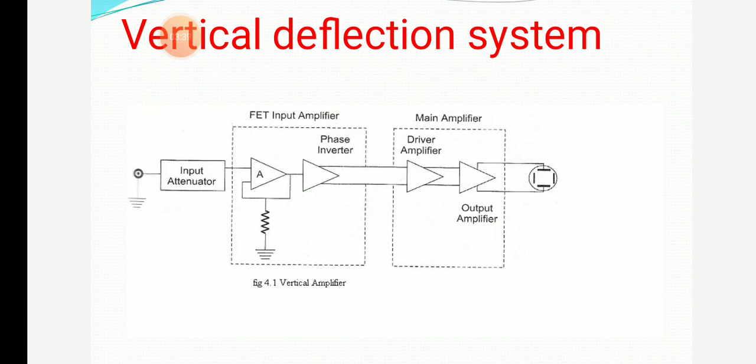So the main parts consist of an attenuator and vertical amplifier. It is again divided into the phase inverter, that is the FET input amplifier, and the last one is the main amplifier, that is the driver amplifier. That will be given to the output amplifier. Next we'll move on to the